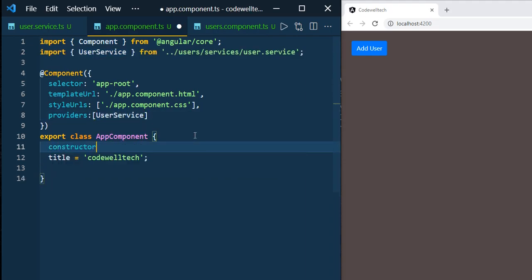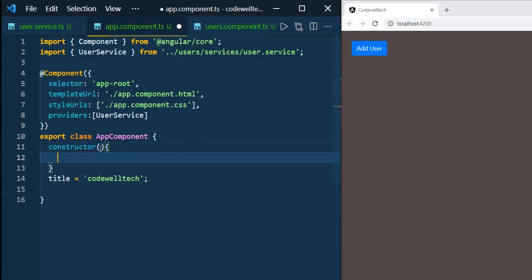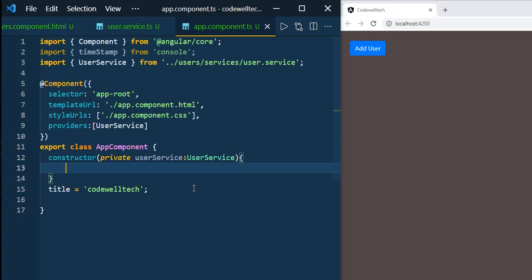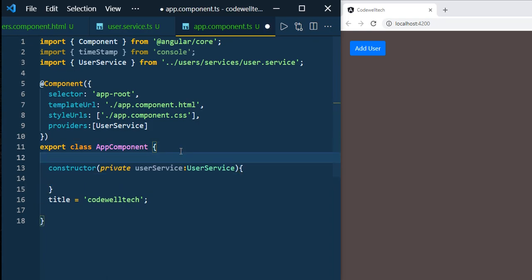Use the constructor, and here just mention private and instance name userService. You can have any name for the user service, and here just use the UserService type. Now let us call the getUsersData method. Before that, to save the result of the method, we need to define one variable.